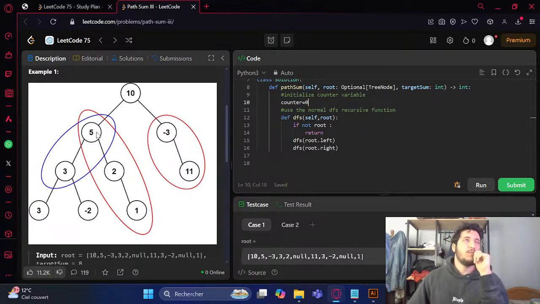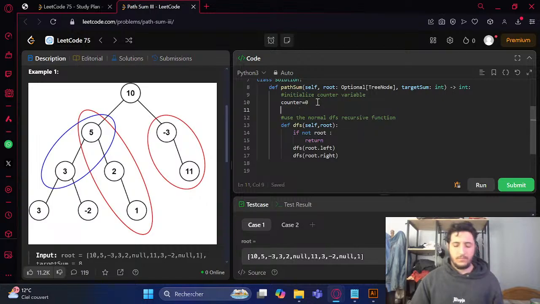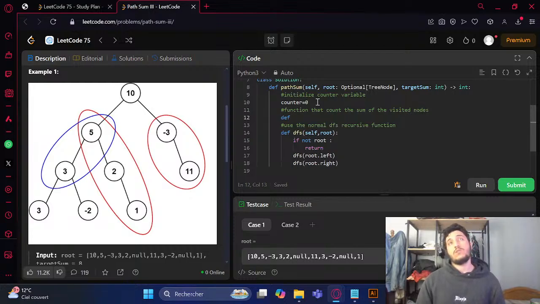So okay, every time it will add. So I'm gonna make a function that counts the sum of the visited nodes. So I'm gonna make a def count, def sum now. Any other one? So def count,